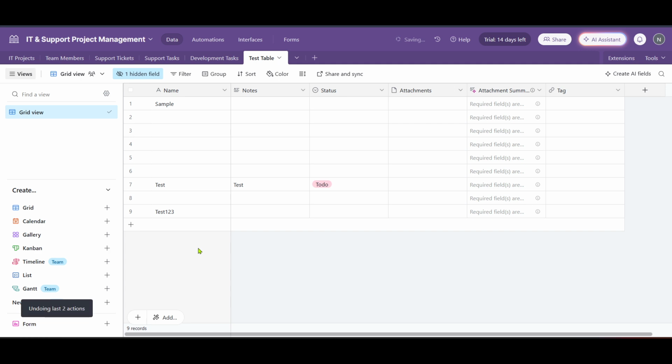In summary, going back on Airtable is as simple as navigating to the base you are working on and using the convenient Ctrl+Z shortcut to undo modifications. It's a straightforward method that can save you time and effort when